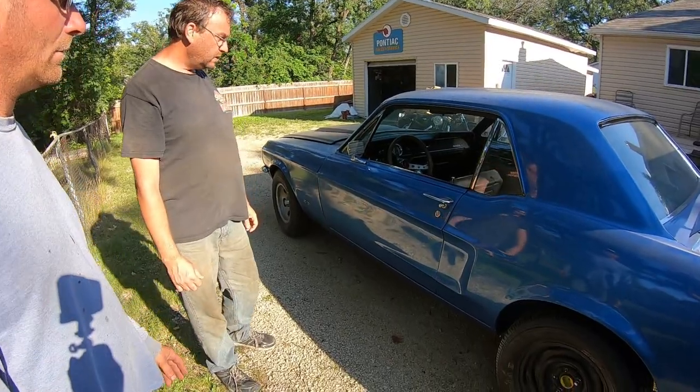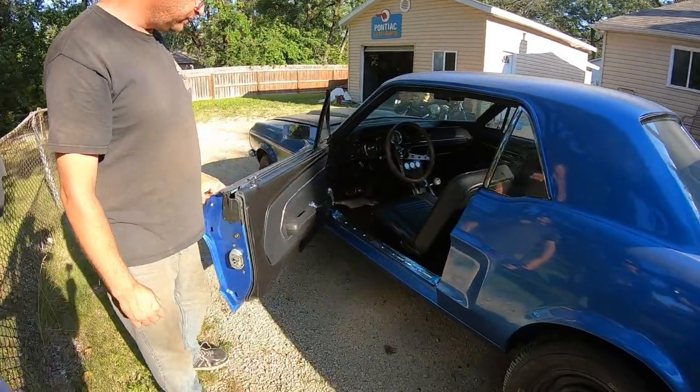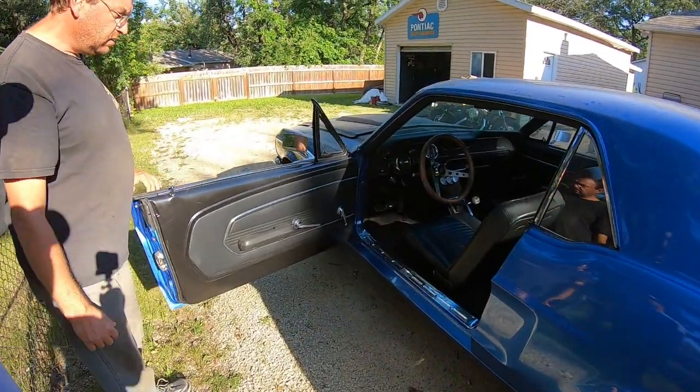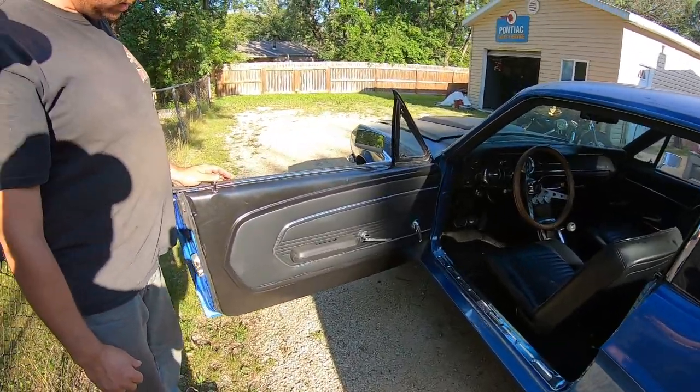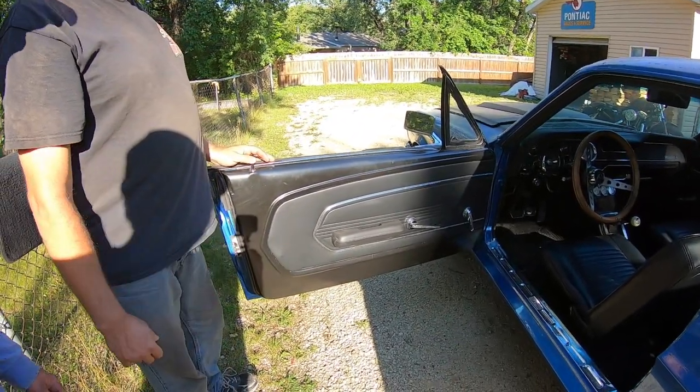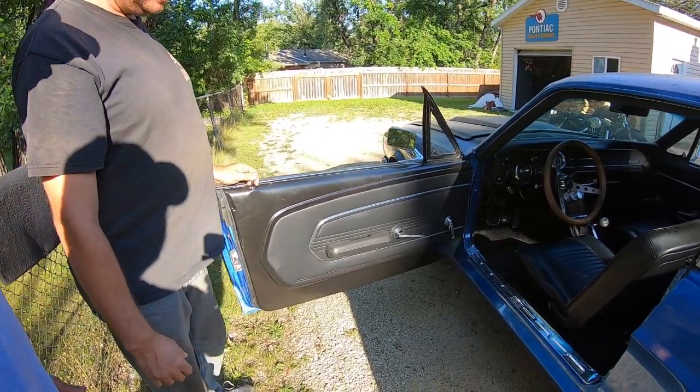I think some were actually decent. I can't remember. There was only a couple spots on the floor that were. But we replaced. But yeah, from top to bottom, this is a brand new interior. It's dirty from sitting. But most of the stuff, some stuff came from Scott Drake,